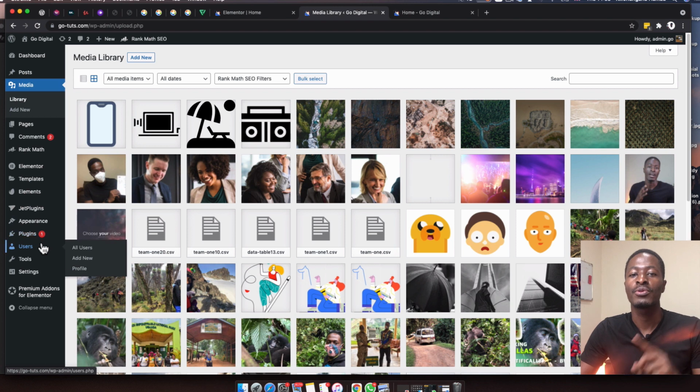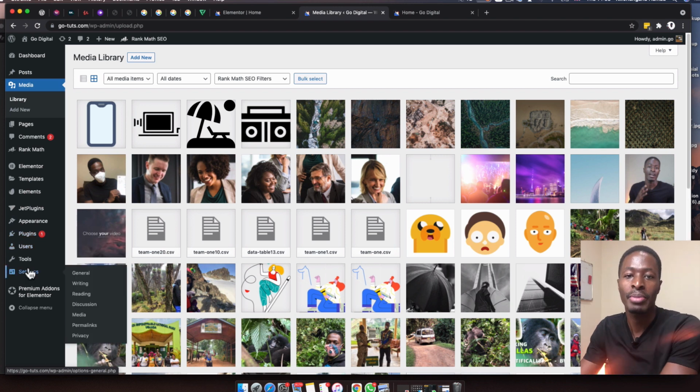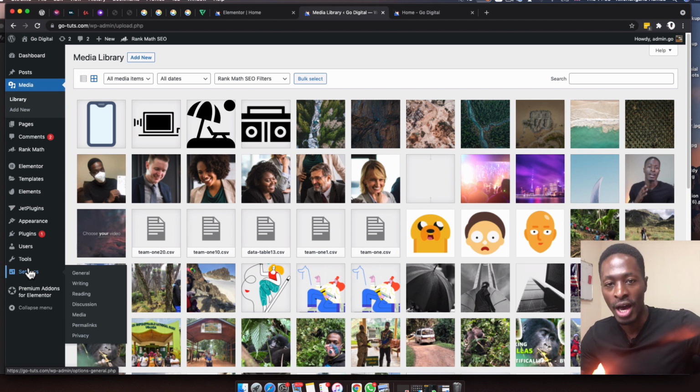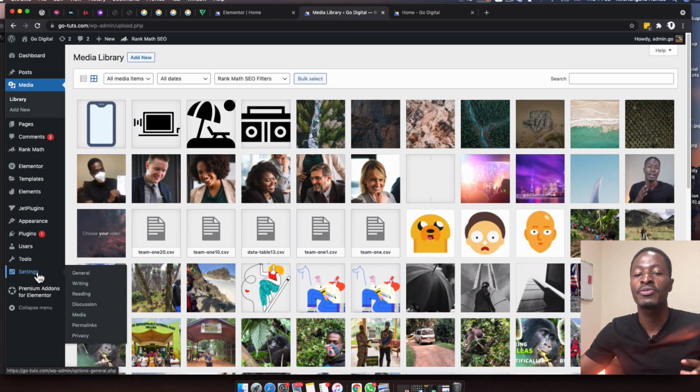And that is not enough. You also have to add the SVG support plugin to your WordPress website. Otherwise, WordPress will not allow you to actually upload those SVGs to your WordPress website. The one we were doing before was to allow Elementor to accept us to use our SVGs in the Elementor page builder, but now we have to allow actually use of SVGs on our WordPress website, simply because they actually pose a security threat for your WordPress website. And that's why we are now going to add this plugin that will enable us to be uploading our SVGs